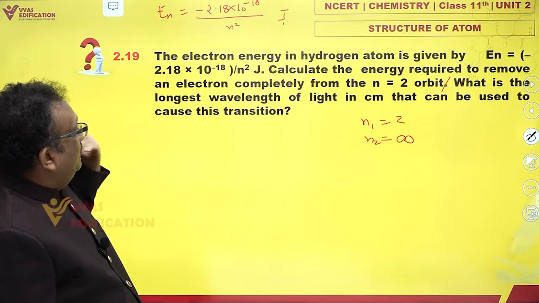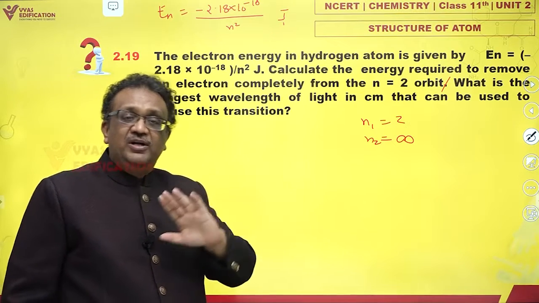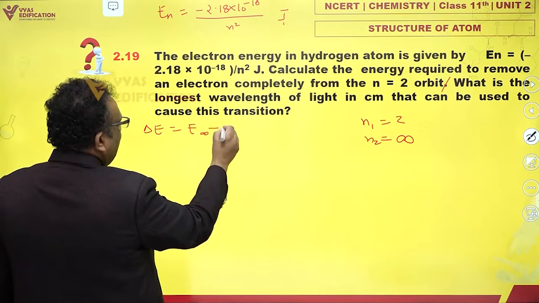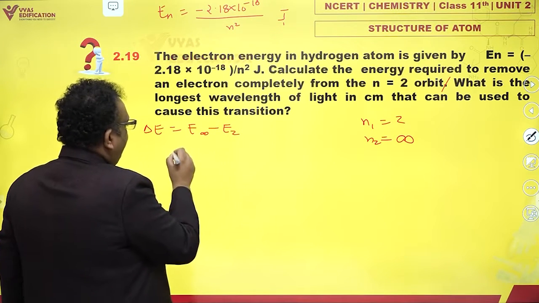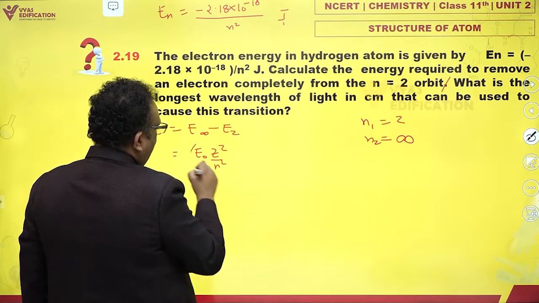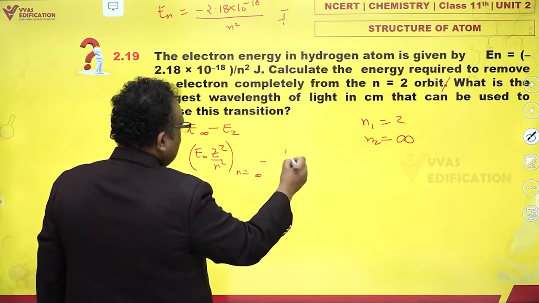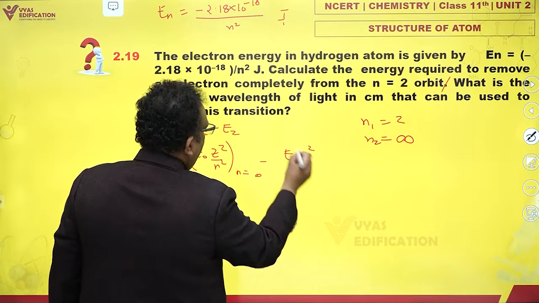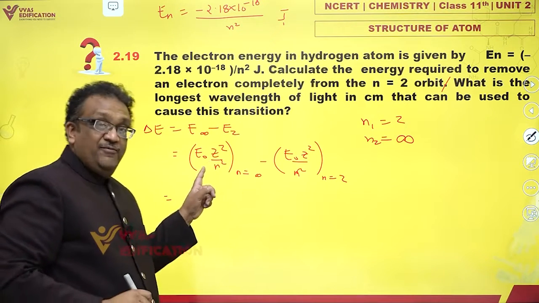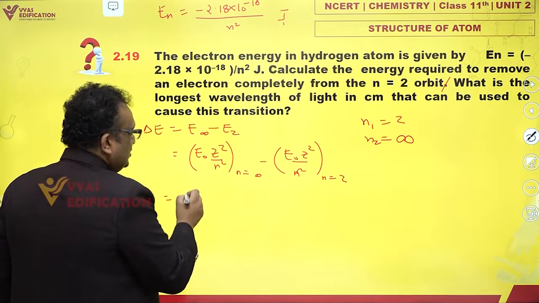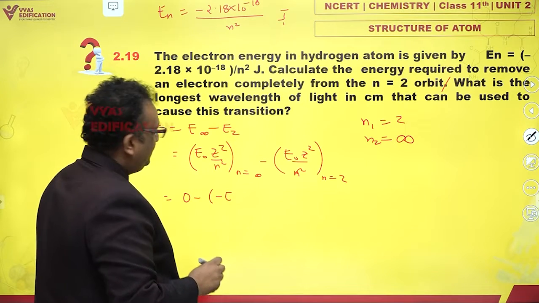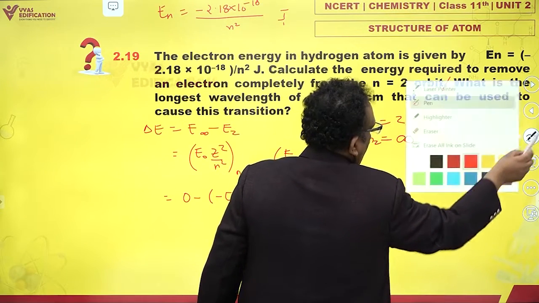What is the energy required to remove an electron from 2 to infinity? That means the difference in energy is E infinity minus E2, which is E naught z square by n square when n is equal to infinity, minus E naught z square by n square when n is equal to 2. Now, the moment you put infinity in the denominator, it becomes 0. So this is 0 minus